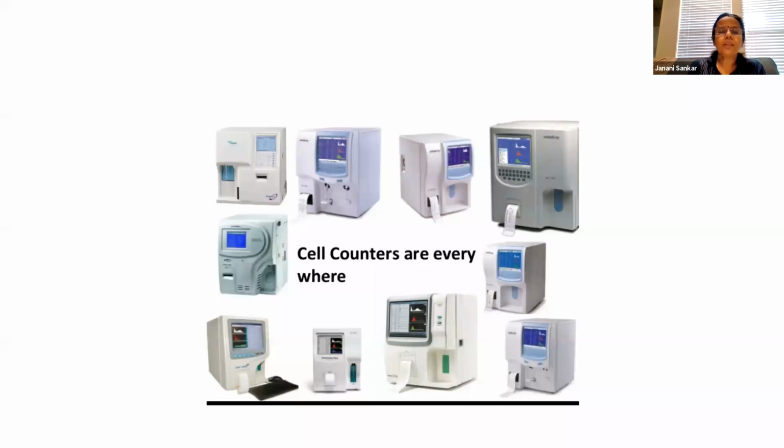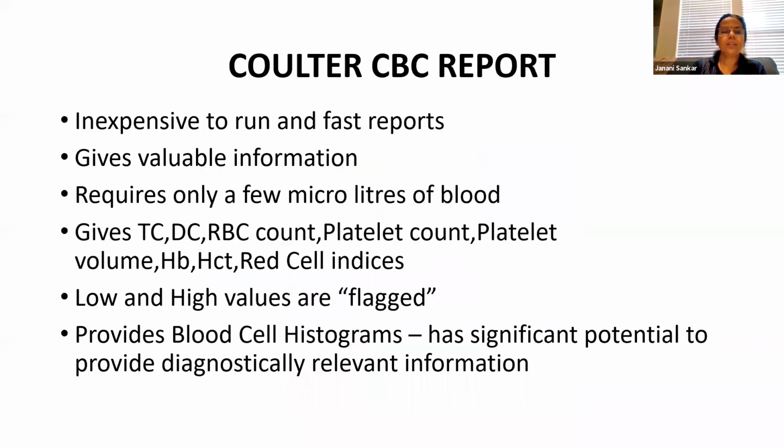Within a few seconds, you get reports. I mean, everything you get on a small piece of paper. That was really amazing to see. We were just wonderstruck. And of course, we did cross check. In the initial stages, we used to cross check everything with the Neubauer chamber too. After that, we realized that it's more or less a foolproof way of getting the reports, and we only started cross checking whenever we had doubts. So thanks to the inventors of cell counters, it's made life very easy.